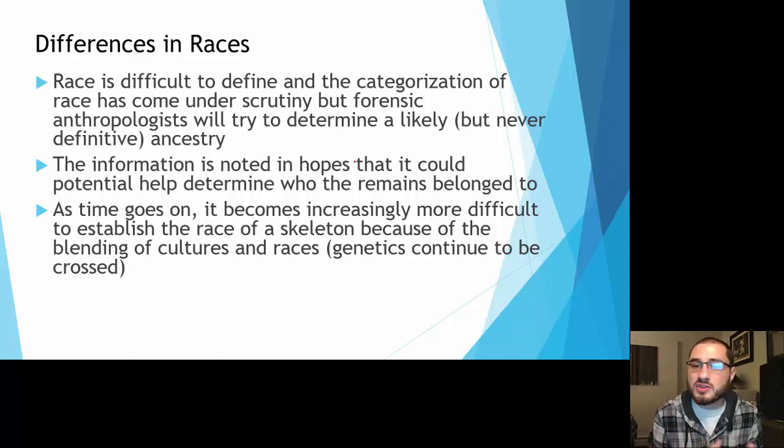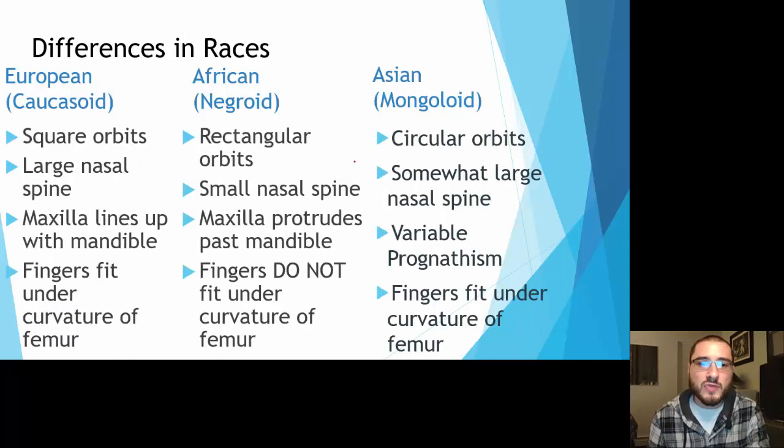So as time goes on, it becomes increasingly more difficult to establish the race of a skeleton, also because of the blending of cultures and races. And genetics continue to be crossed as time goes on. But once upon a time, we had these different groups of people, and that's why when we talk about ancestry, we'll put individuals into one of three groups. Either they'll be European,